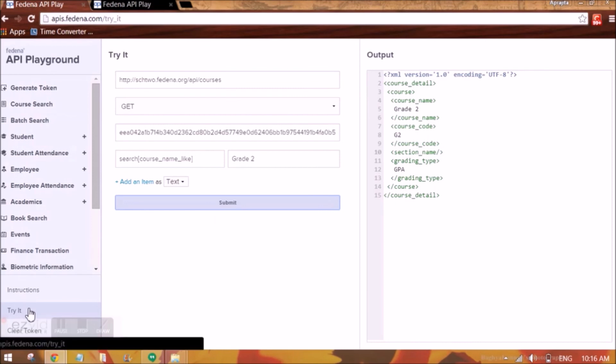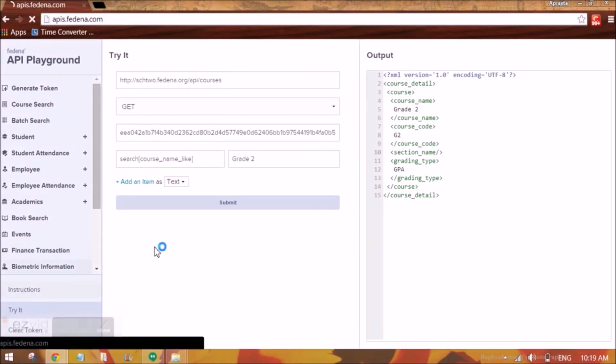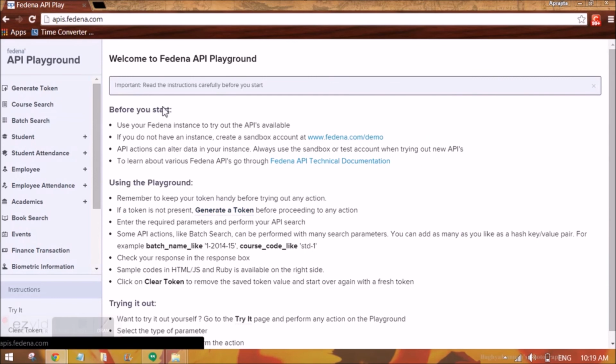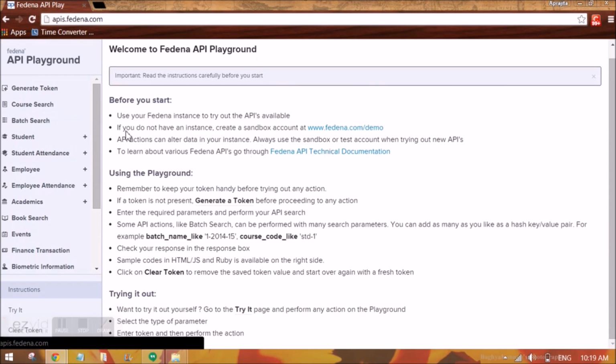So try it can also be used, and it allows you to try out the various APIs for yourself. Here we also have the instructions section, which tells you what you should do before you start using the Fedena API Playground. So you should have a Fedena instance. It can be a real instance or a sandbox account. And you can also go through the API documentation here, which will be available in Usity.